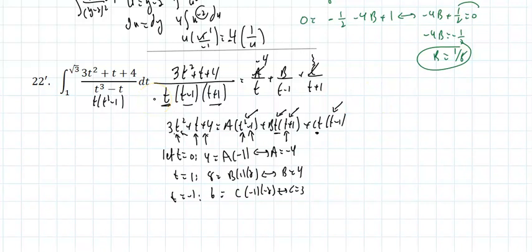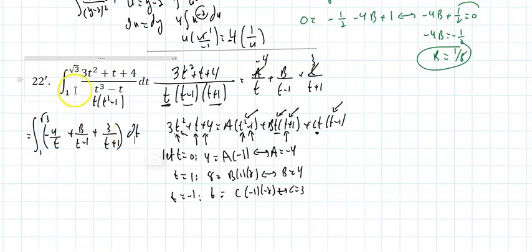So I could say this integral right here would be the integral from 1 to radical 3 of negative 4 over t plus b over t minus 1 plus 3 over t plus 1. Now I'm not sure why I put the limits, but I put the wrong limits. I'm going to make that a 2 to radical 3, because otherwise that's the next section. And that's going to be